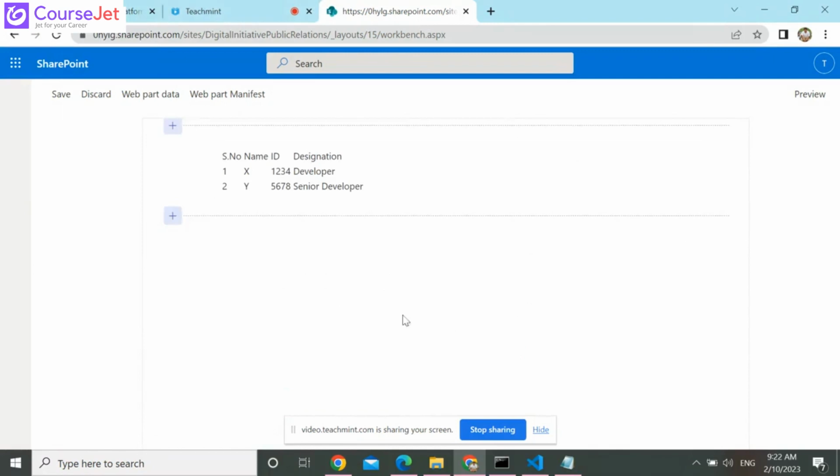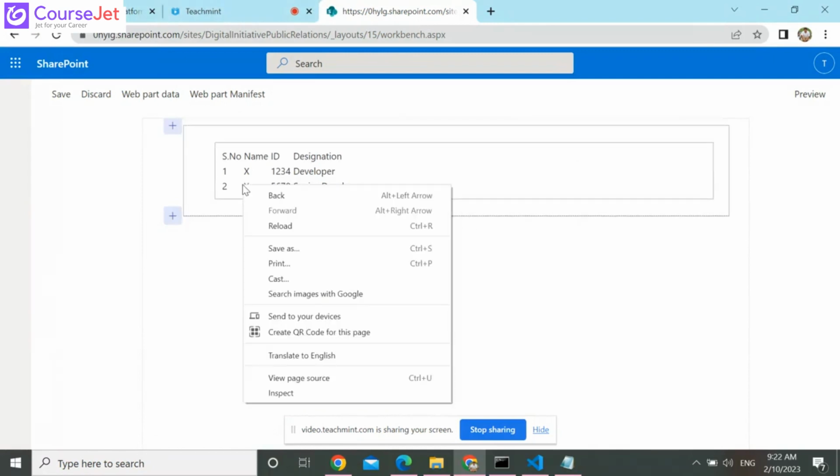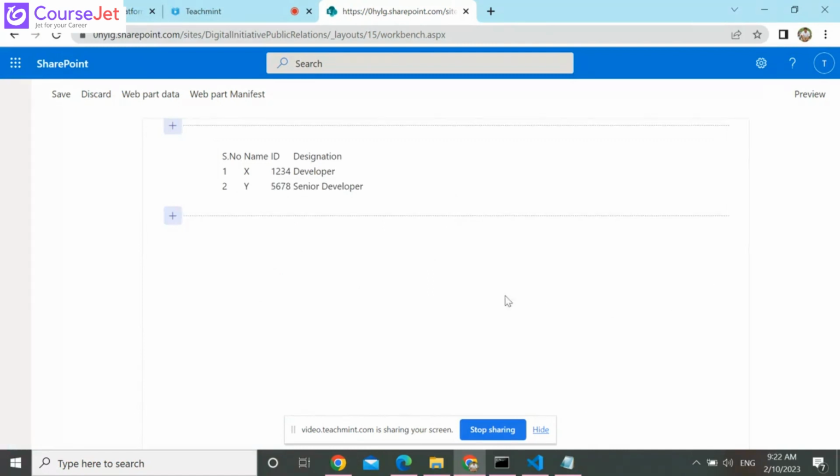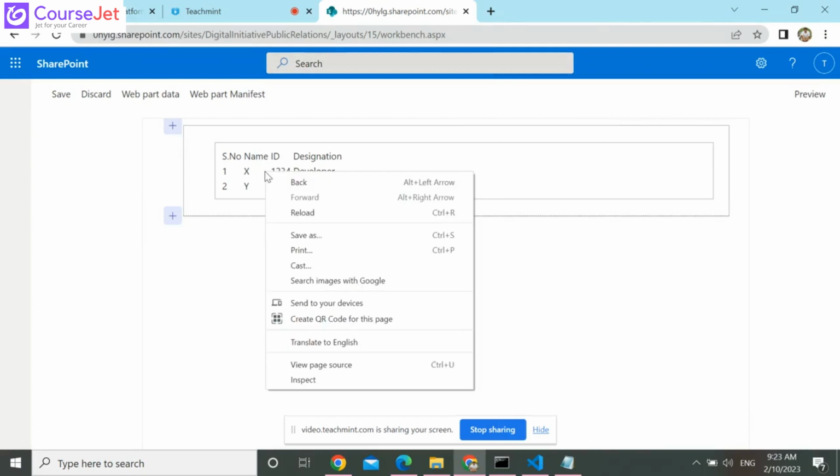See, the table is coming. One more thing, debugging. They will ask you how you will debug. You need to say from SharePoint workbench.aspx, I will add my method, and from there I will debug. While debugging, if you go to inspect,